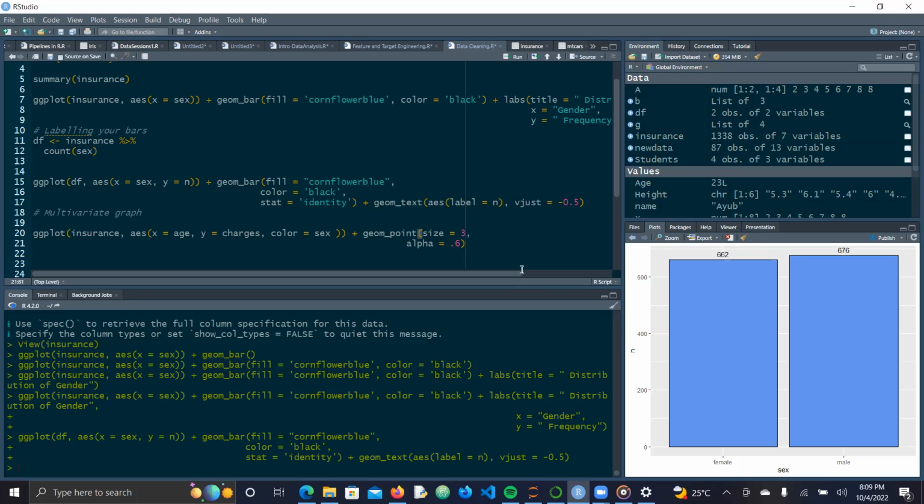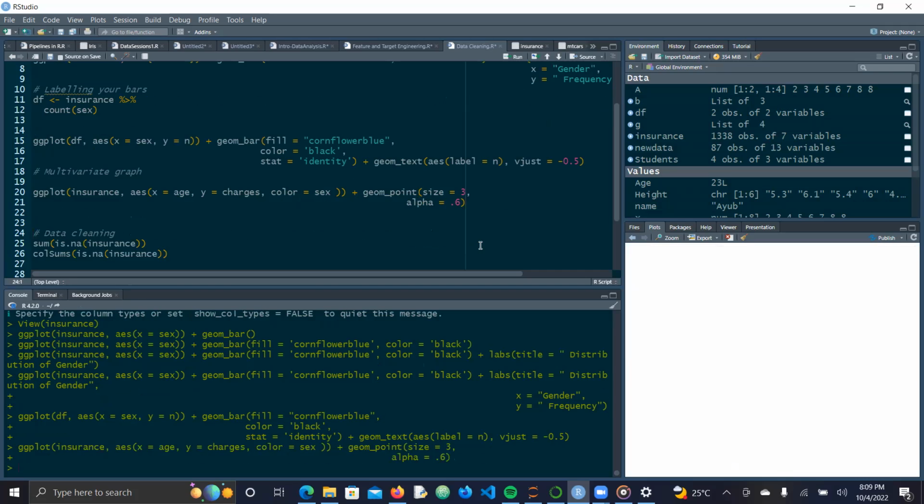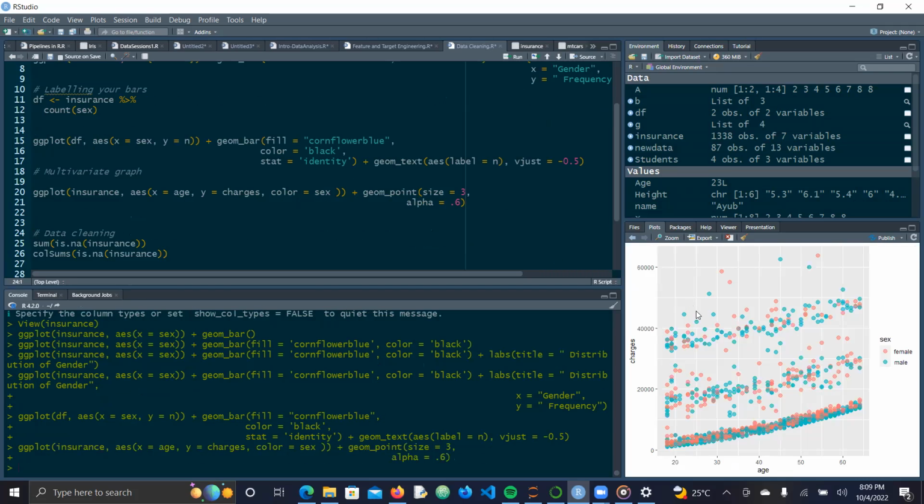Then within that same plot, we can communicate which gender each point represents. So that is a multivariate graph. So let's run it and see. If you run it, you can see you have charges, then age. Then on your legend here, you can see the